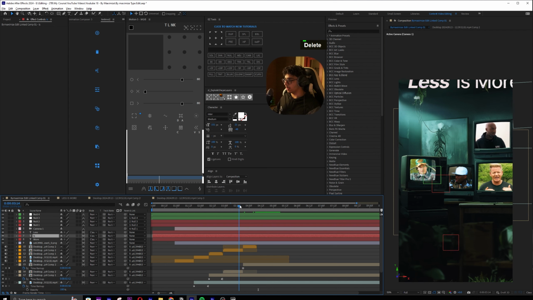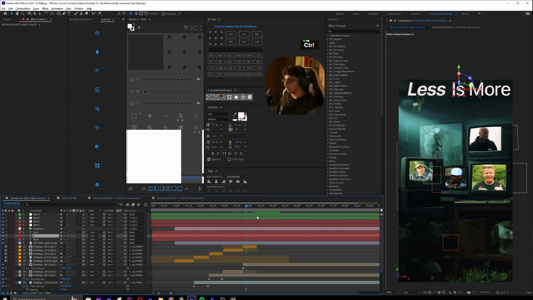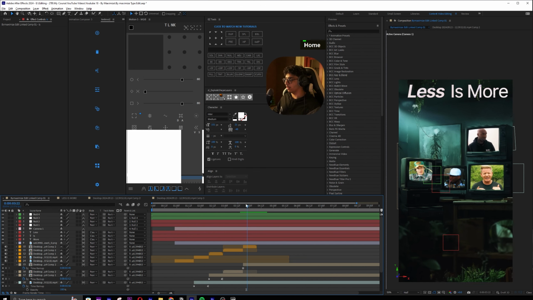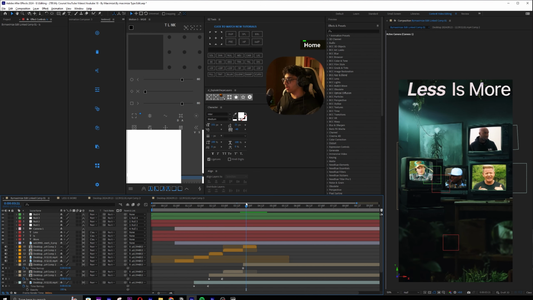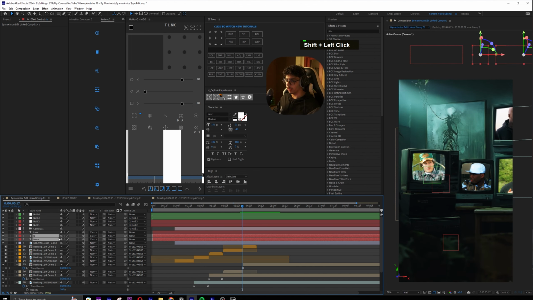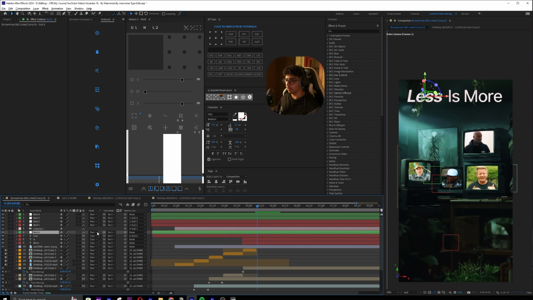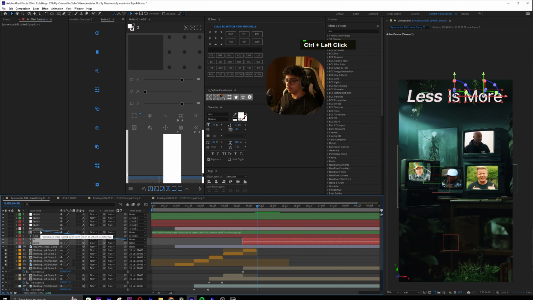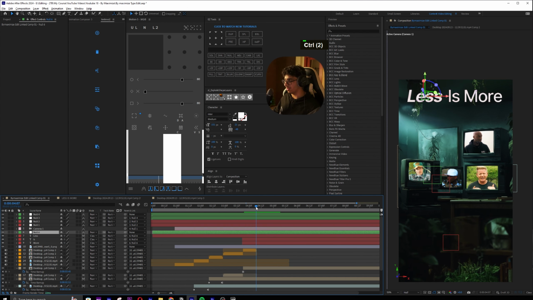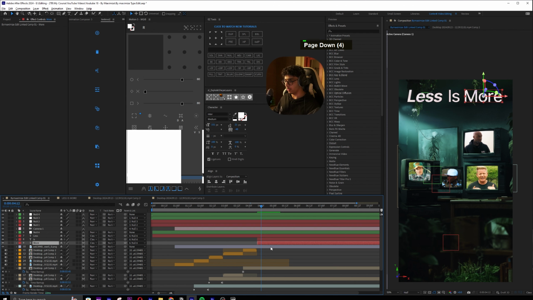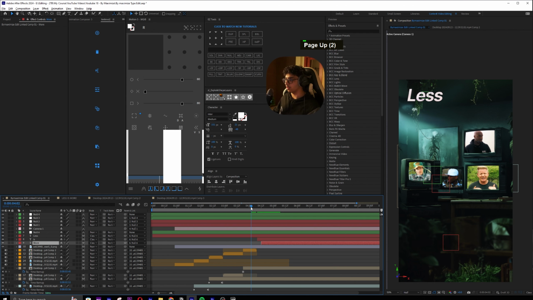So while it is coming out like this, let me just make the quality half because it's overcomplicated right now. I'm going to make the quality half, and the less text is already going to be there. I'm going to adjust is more, and then I will add the null on the less text only and link both of these to the null as well. So less, give it a few seconds, and then is more is going to pop up. So less is more, so is, and then after 1 2 3 4 seconds, is more.